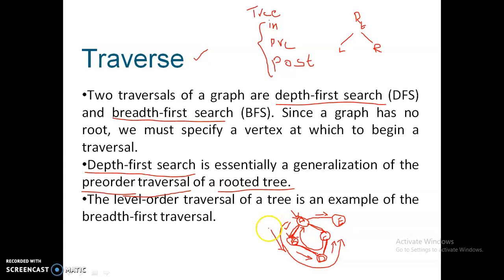We call this backtracking in depth first search. Likewise in the breadth first search.